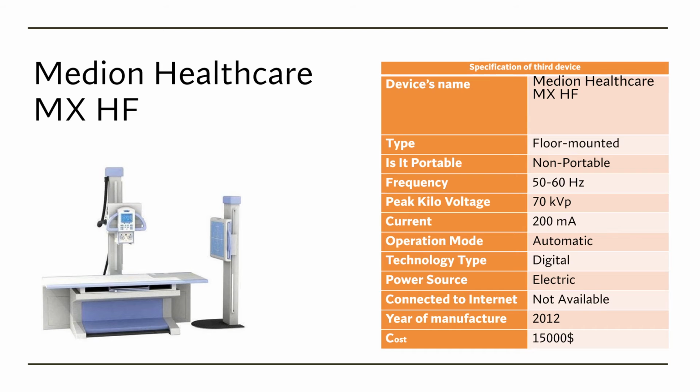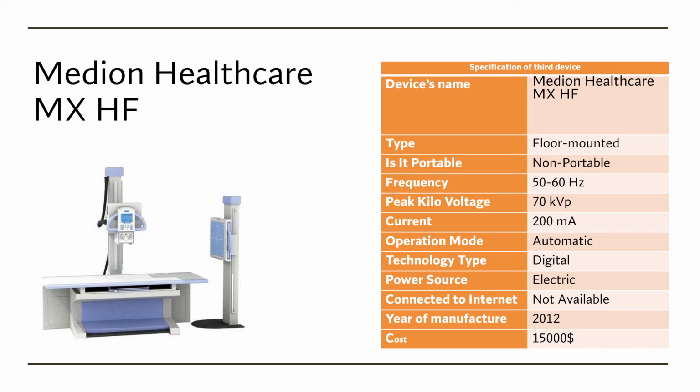The third device was Medion Healthcare MXHF. It was the same as before, floor mounted and not portable, same frequency, but here the peak kilovoltage was less than what we want. It was 70 kilovolt, and the current was also less than what we want, and the year of manufacturing was